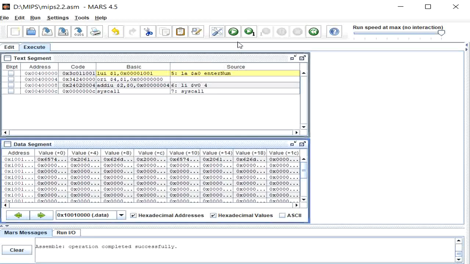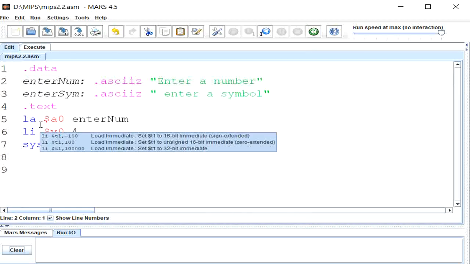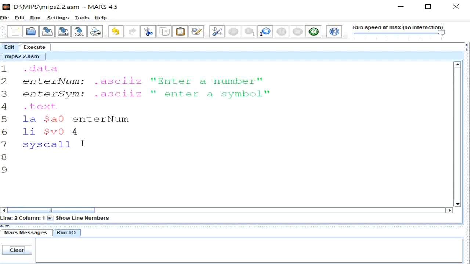I like it on the same line. Okay. And if I run it, it prints enter a number like I wanted it to. Clear. I just like to check as I go. I don't like to write a whole lot of code and then nothing works, and I don't know why. So I wrote that, and